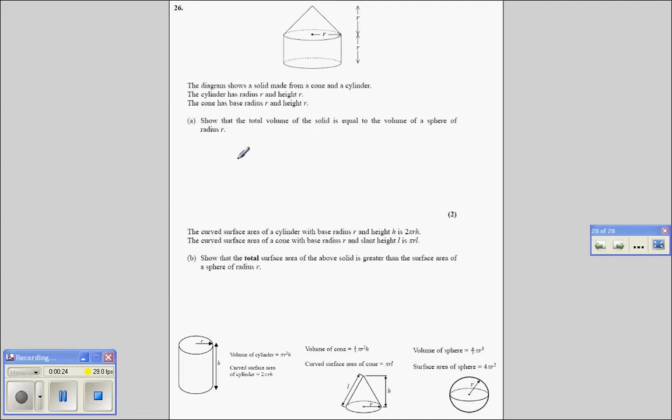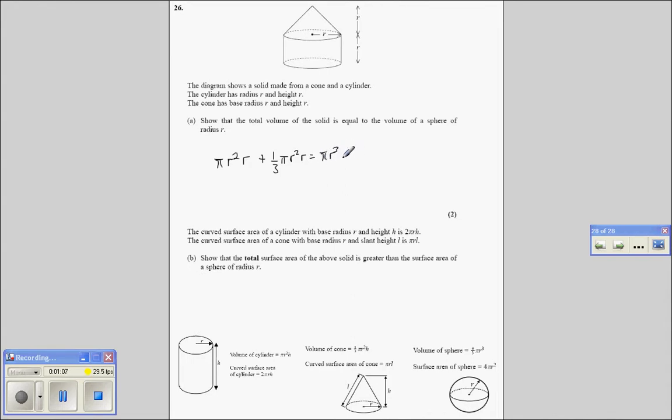So we've got the volume of the cylinder first of all, which the formula is pi r squared h. So the pi times the radius squared, which is r, times its height, but its height is also r. So it's going to be pi r cubed in a moment. Plus the formula for the volume of a cone, which is 1/3 pi r squared h. So that's 1/3, and pi, its radius is r, times its height, which is also r. R squared times r is r cubed, so this becomes pi r cubed